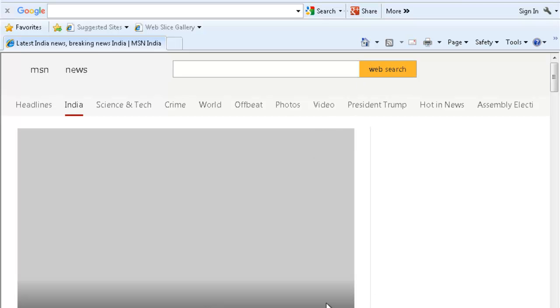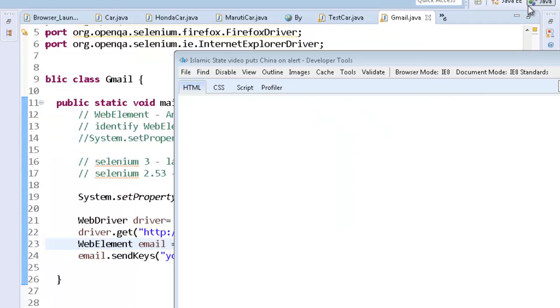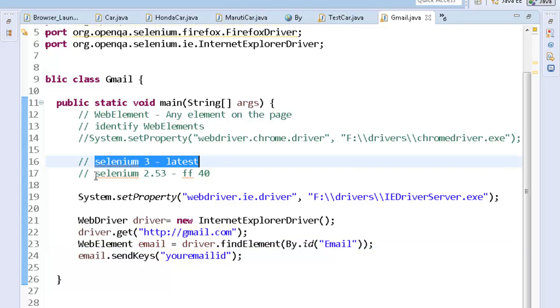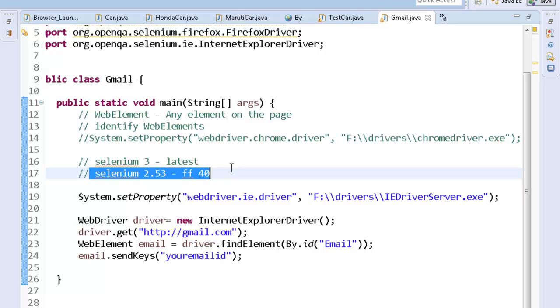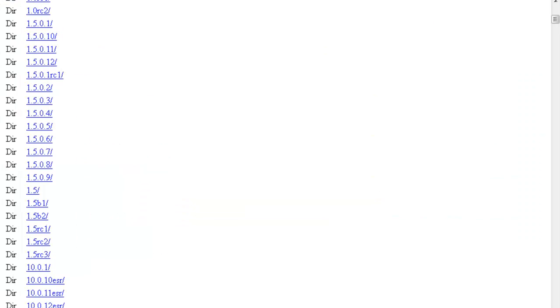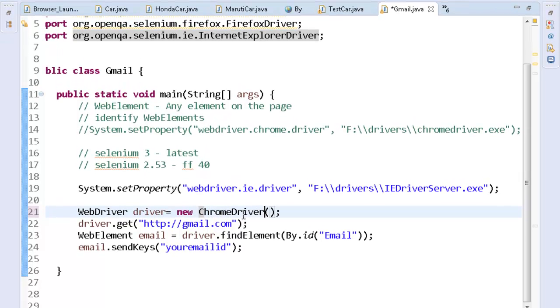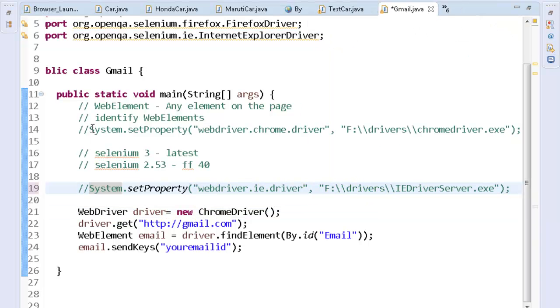Ashish, as I told you, out here with Selenium 3 you can use the latest version, with Selenium 2.53 you can use Firefox 40. Now in IE you have the IE developer tool. In Chrome, if I run the script on Chrome, it was working on Chrome, right? If you want to use Chrome, then